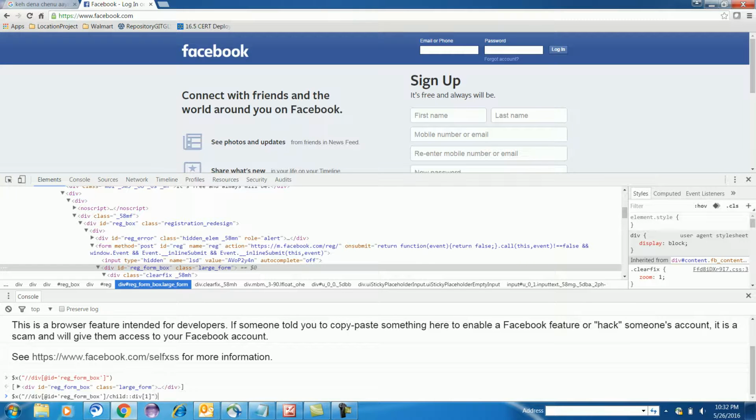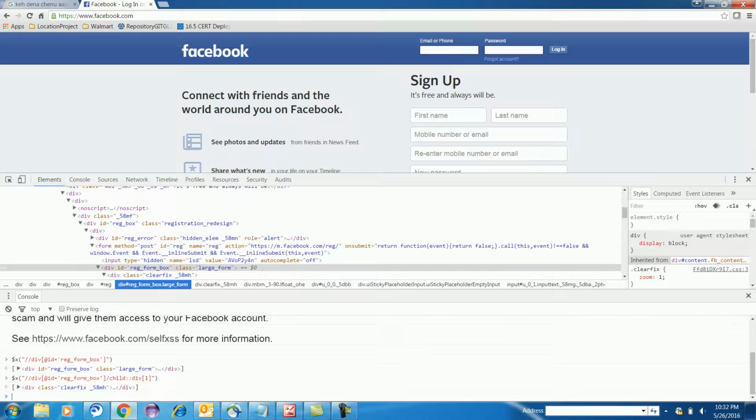Now enter. Now if you place the mouse over here, you are still at first name and last name. So again copy this.